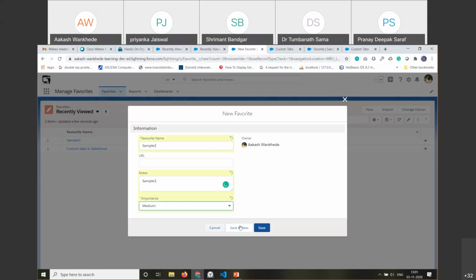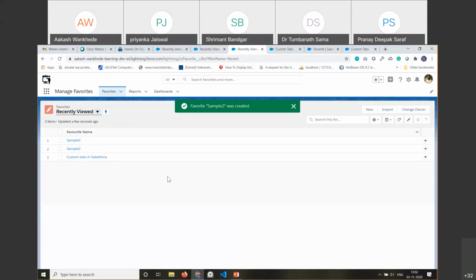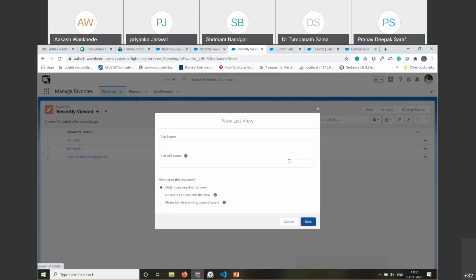Medium. So I have created sample 1 and sample 2, two favorites with medium priority, and I want to view only those with medium importance. So I can create my own list view. To create a list view, there is an option to create new. If I click on new,